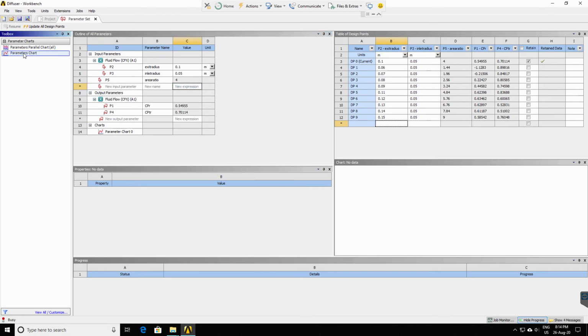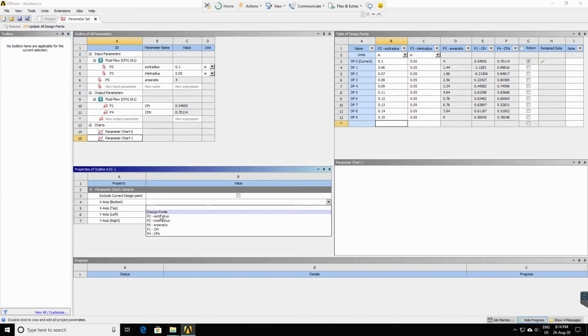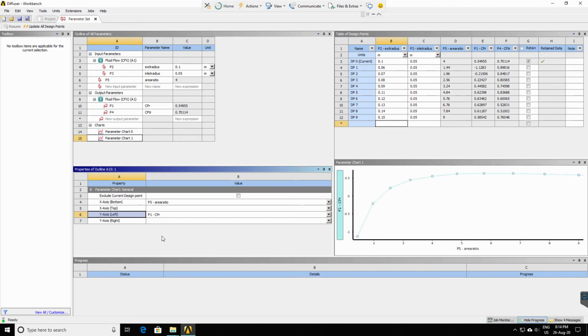So we will click on parameters chart, and then we will start with the static pressure recovery. So we need to set those variables. So x-axis bottom, we are setting it as area ratio. Now y-axis left, we have an important parameter, that is the static pressure recovery, CPR. And now we have the famous static pressure recovery curve here.